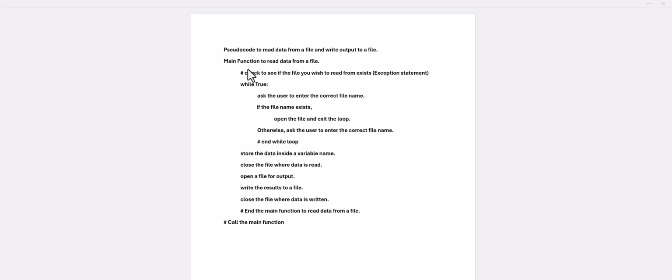In this video, I provide further explanations concerning reading data from a file and writing output to a file. So in the main function that we use to read the data from the file, what we're going to do is add an exception statement here to check to see if the file that the user is trying to read even exists. See, if it doesn't exist, the Python program will crash if the user tries to put in a file name that does not exist